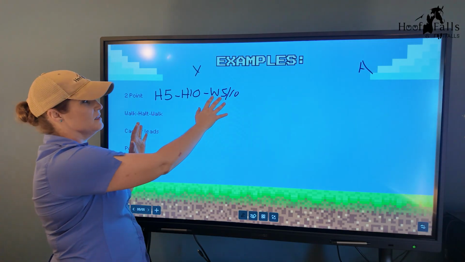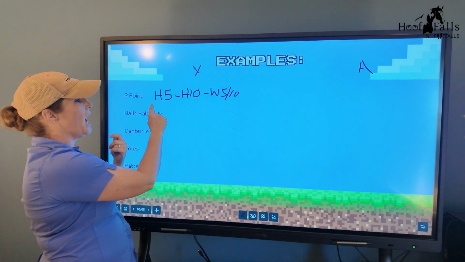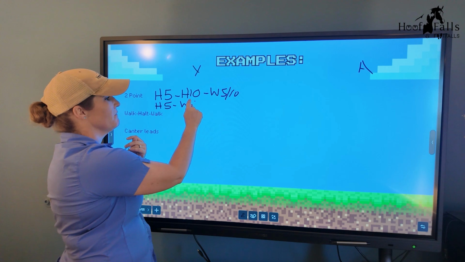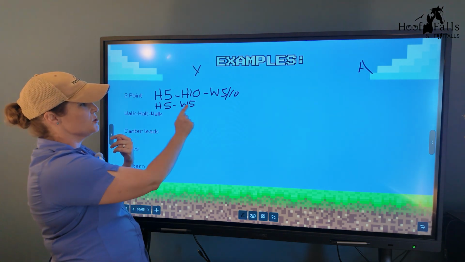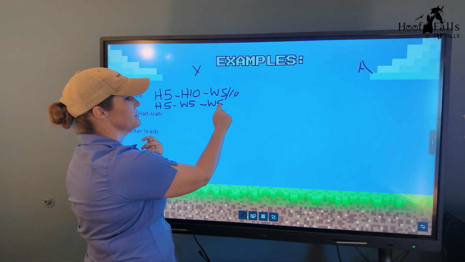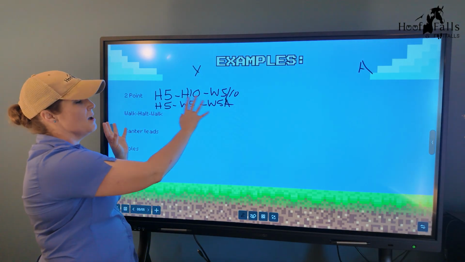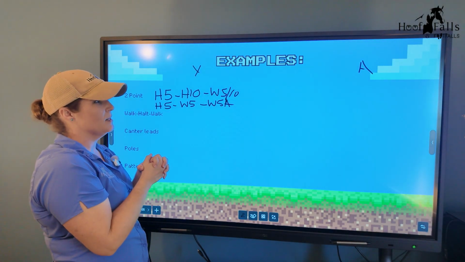If this is even too easy for my student, I could go from a halt at 5 seconds to a walk at 5 seconds, and then if I'm at 2-point, maybe it's a walk for 5 seconds with airplane arms, okay? So that would be my levels that I'm going to be doing.